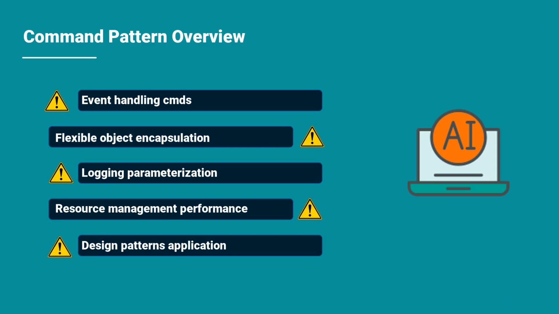The command pattern is a powerful design pattern that encapsulates a triggered event as an object, allowing the client to act on it more flexibly and dynamically. By organizing commands as objects, we gain the ability to easily parameterize clients with different requests, queue or log requests, and support undoable operations. Today, we'll dive deeper into this pattern, exploring its benefits and how you can implement it